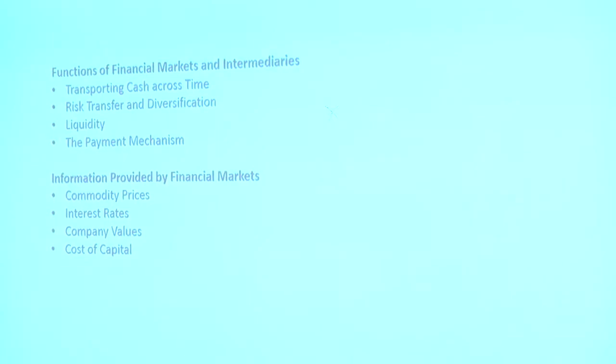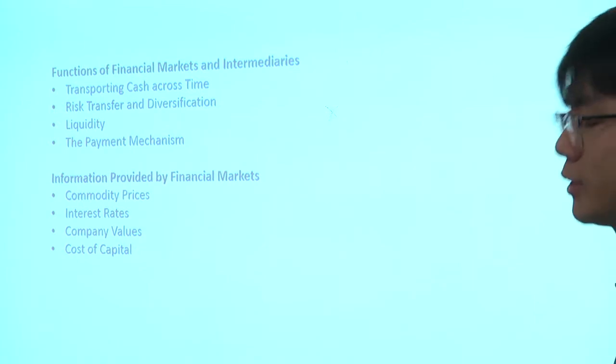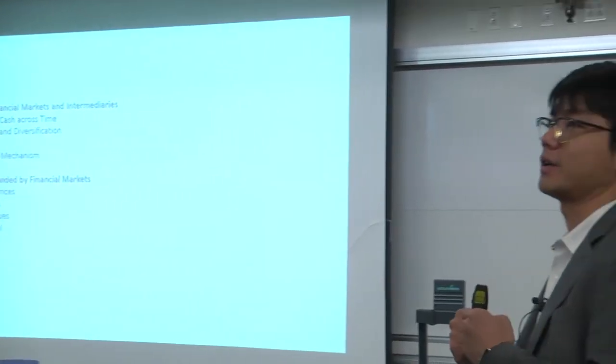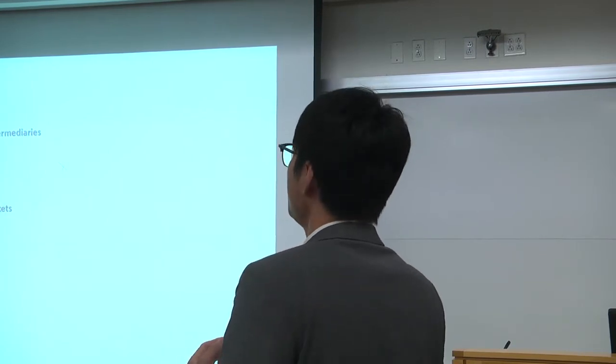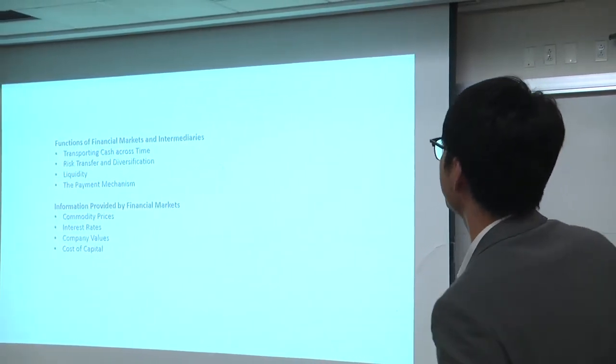So the functions of financial markets and intermediaries. First, they transport cash across time. When investment opportunities come, investors want to invest, but they do not match all the time perfectly. Investment can come next year, but some investors already hold cash. They want to save, right? They want to invest. So